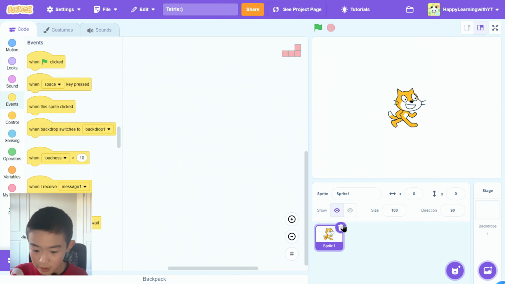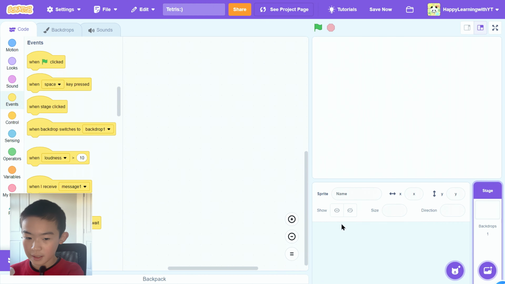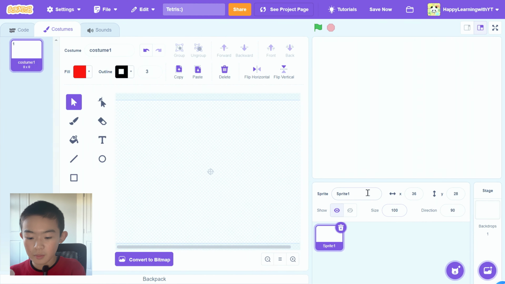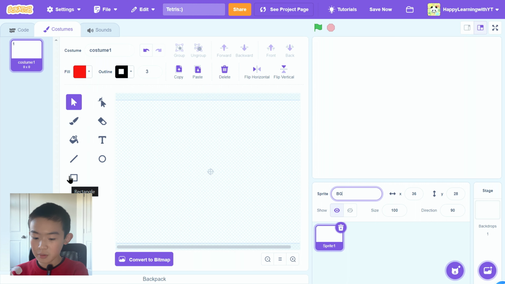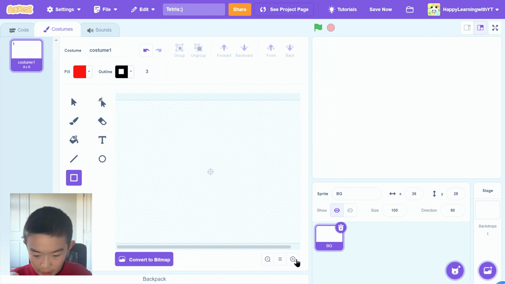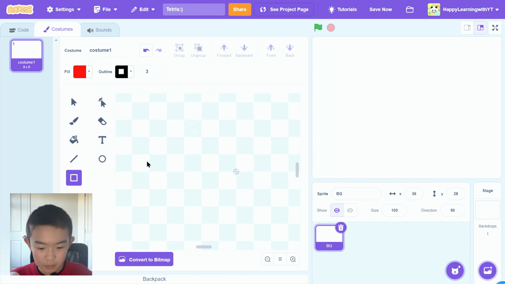So first, let's delete ScratchCat. And then we are going to paint a new sprite. This is going to be the tile. So we'll call it the tile. Well, actually, I'll just call it the BG, the background. And then I'm going to create the little tile. So for this one, I'm just going to create a little tile